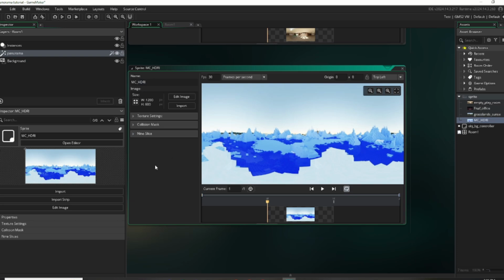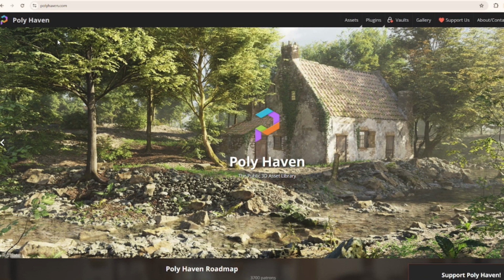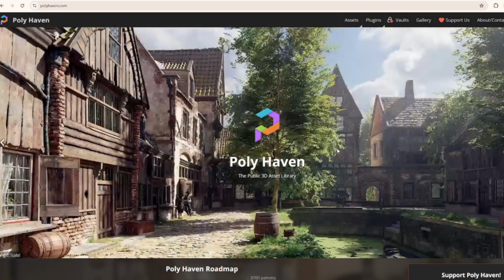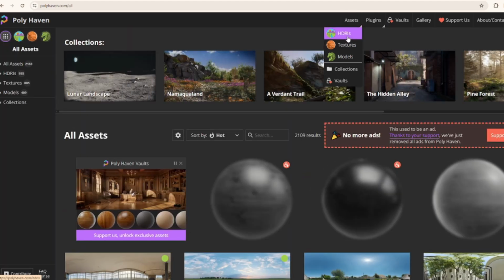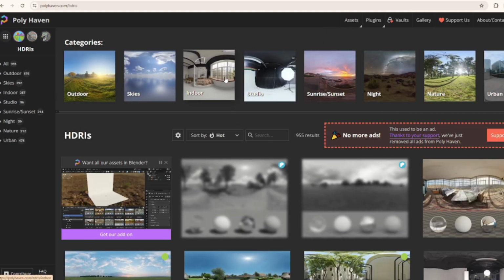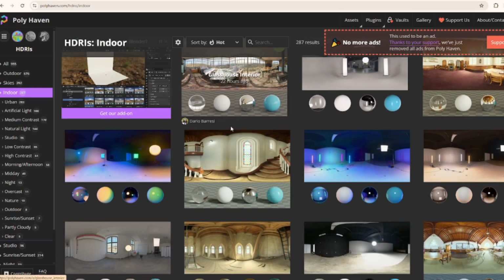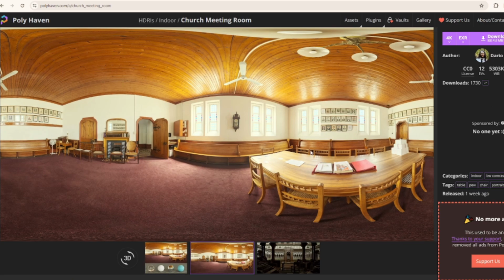Let me show you how I got this look so that you can look up your own panorama shots when you want to make stuff. Alright, so I am on this website called Polyhaven. It's a public 3D asset library. And you can actually find panorama options for a game under HDRIs. So if you click here, let's go to this indoor one. Let me see, what's a good option? Church meeting room, that looks lovely. So as you can see,